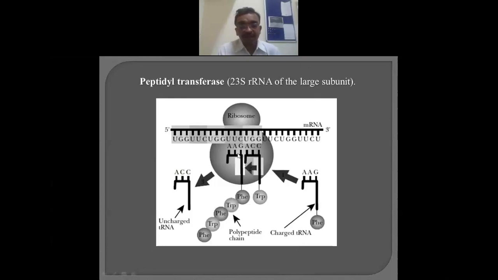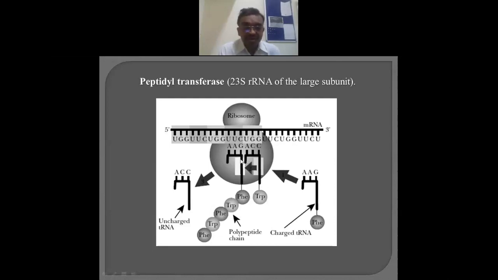Okay. Here, this particular tRNA is already there, and now another tRNA is bound. The binding of this particular tRNA depends on the codon on the mRNA, which decides which tRNA will go. All the tRNAs are available, and whenever their turn comes, depending on the codon, they are going to bind. Once these two tRNAs are there, the amino acid is shifted from this one to this one, and they are connected by means of a peptide bond.